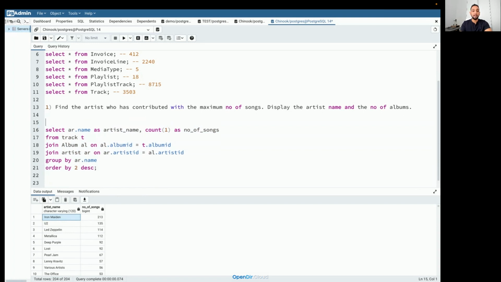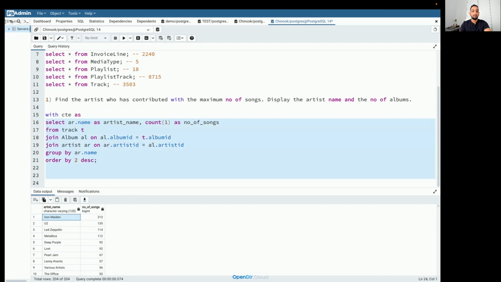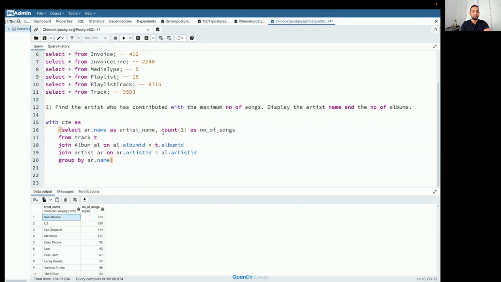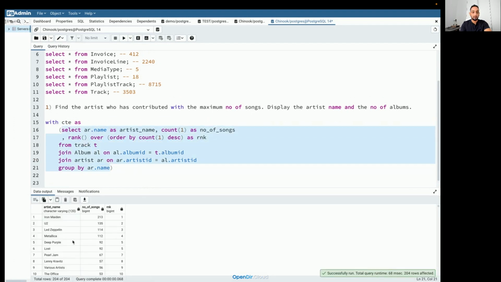So how can we do that? I can use a subquery, or to make it more clear, I can use a CTE here. I'll say with CTE as, then, if I'm using a CTE, I don't need to sort the data here, so I'll remove this. First of all, I need my ranking, so I'm going to create a rank column here. I'll say rank over, order by count of 1 in descending order, and this is going to be my rank. Now if I run my inner query here, you can see that Iron Maiden